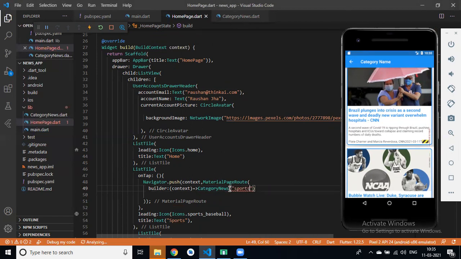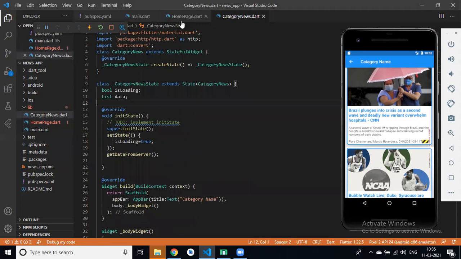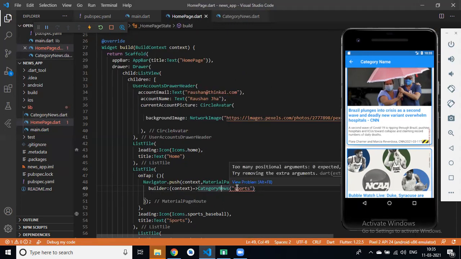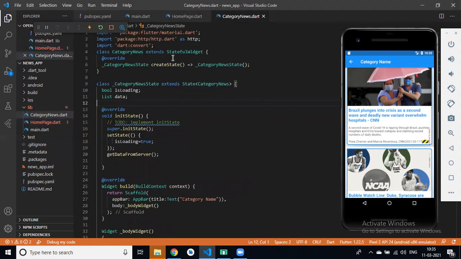If I pass category news sports, it currently shows an error: too many positional arguments, zero expected. Why? In category news we never took any arguments, right?